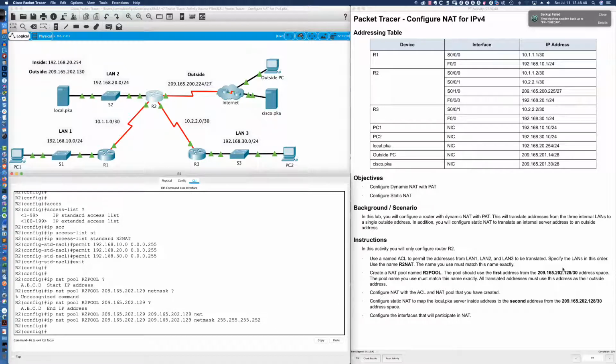All right. Now, all translated addresses must use this address as their outside address, and we're good to go. We've only indicated a single IP, 209.165.202.129. So now let's come down here. Configure NAT with the ACL and NAT pool that you've created. So let's bind the ACL and the NAT pool together so that we can identify, once we get our IP